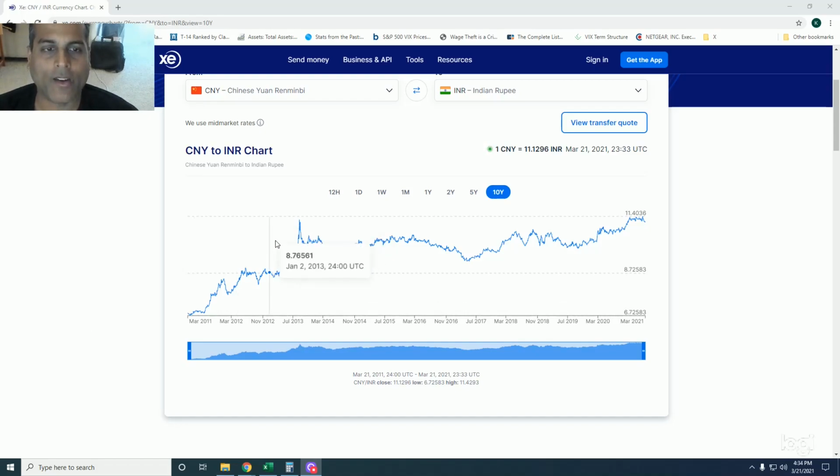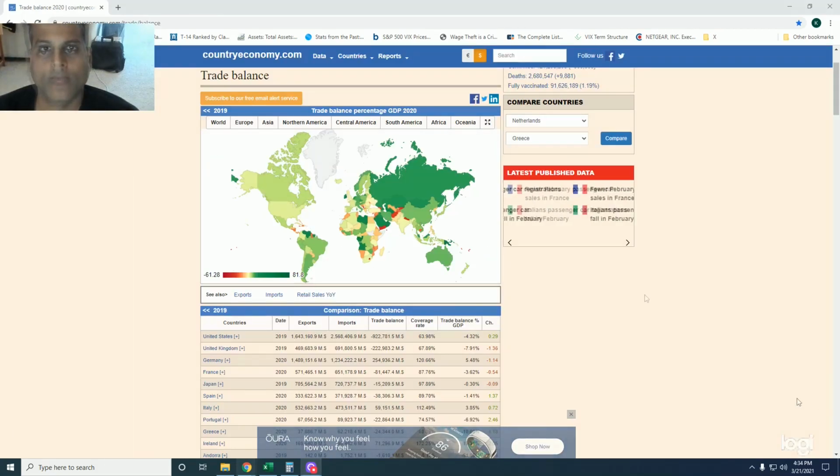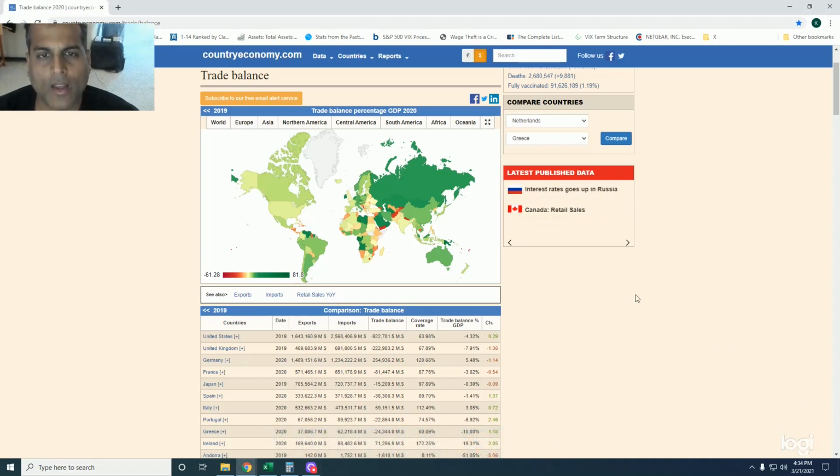And a weak currency should help India be more of an exporter, you would think. But alas, that is the bigger problem that we are going to look at next. This website is quite useful because it shows trade balance as a percentage of GDP, and even better, you can just click over countries with your mouse so you don't have to sift through a lot of small countries to find the ones you're looking for.